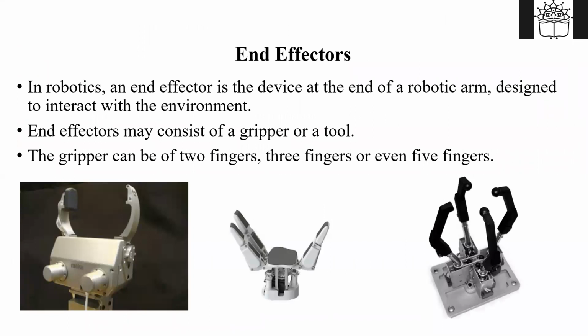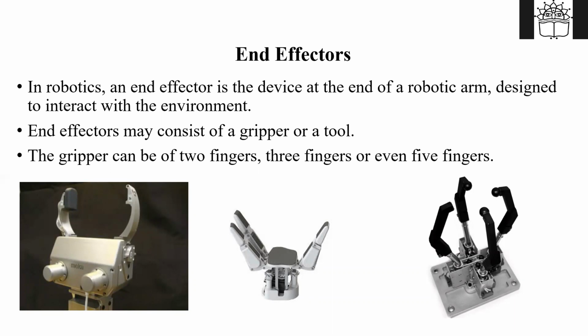Okay. Now end effectors. In the earlier slide, I told you that if you see your hand, the part of your hand after your wrist is nothing but the end effector. So being a human, we have a 5-finger end effector. End effectors are used for 2 purposes. Which are those? One is for gripping. Gripping means holding. Let's say you have to hold a torch, a welding torch, or you have to hold a drill, or let's say that the robot has to hold an object which is weighing, let's say 50 kg. So that object will be held with the help of the end effector.